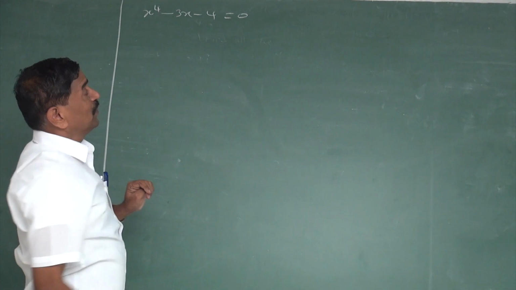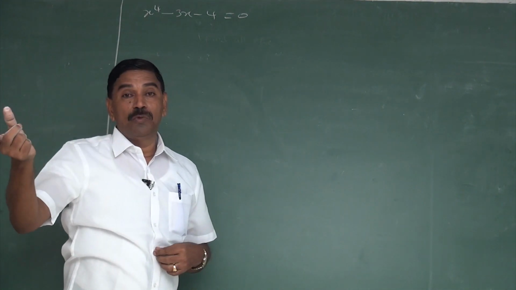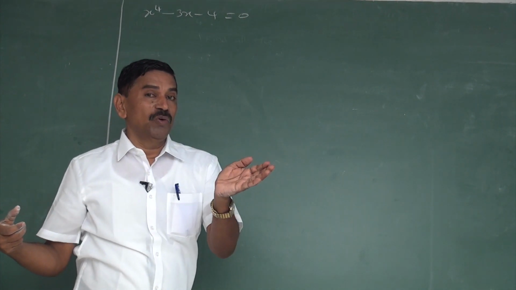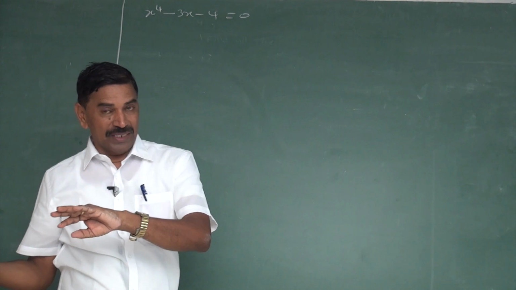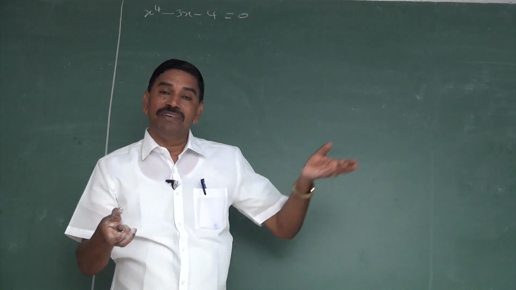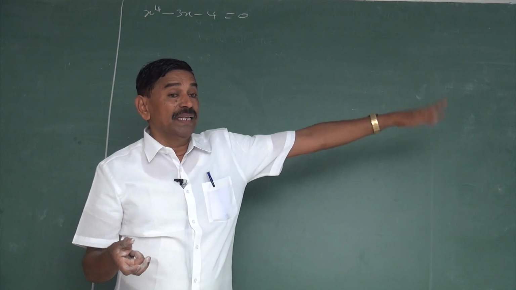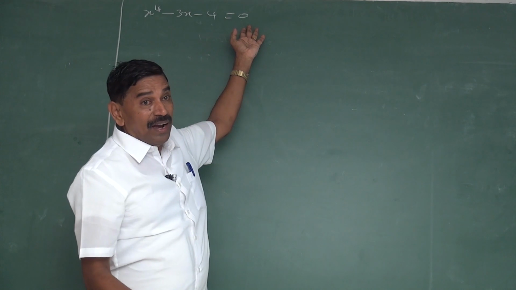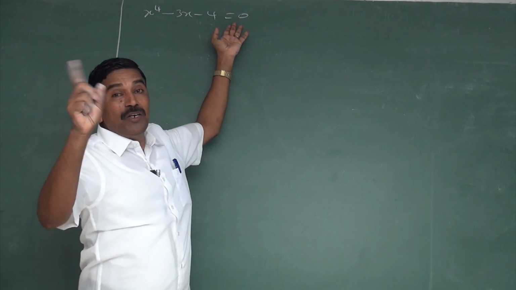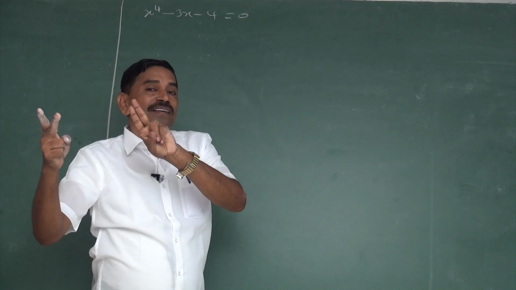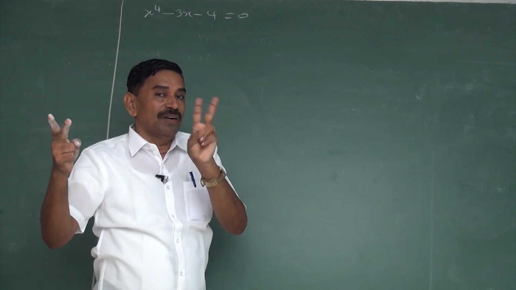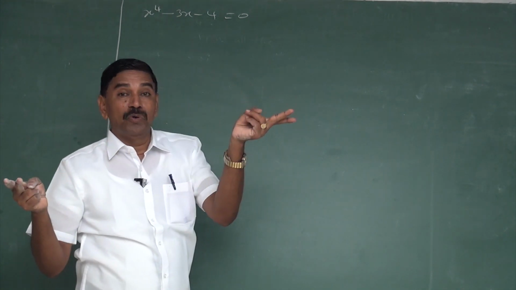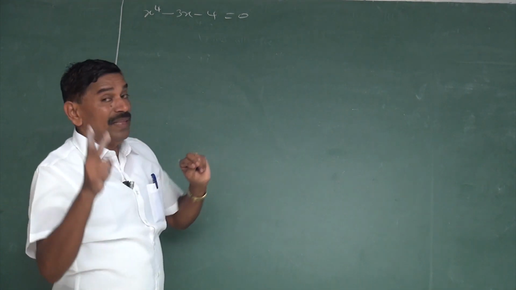Here again remember, if one root is 2 plus i, then the other root is 2 minus i, we get one quadratic equation. If one root is 3 minus root 2, then the other root is 3 plus root 2, we get one more quadratic equation. And the product of these two quadratic equations gives a fourth degree equation. Now the 6th degree equation divided by the fourth degree equation, we get a quadratic equation. And 2 plus i, 2 minus i are 2 roots. And here 2 minus root 3, 2 plus root 3 are 2 roots, but we need 6 roots. Here 6 roots minus 4 roots is equal to 2 roots. That is, the remaining 2 roots